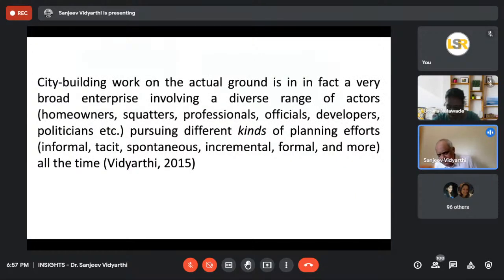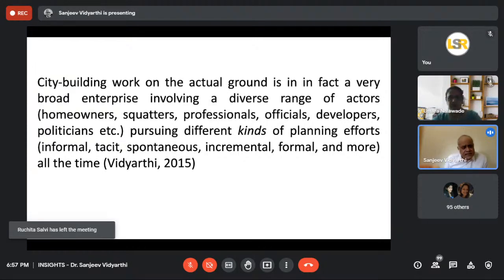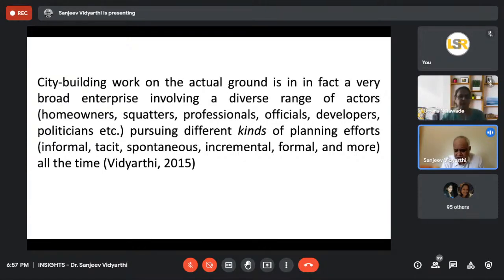So this kind of city building, ये जो होते हैं ना larger forces, ये architecture को shape करते हैं. And as architects, we need to be keeping an eye on these larger city and state and national and global level dimensions that change. Now, having said that, the city building work, when you pay attention to those, you realize that it's a very broad enterprise, which involves a diverse range of actors. बहुत सारे लोग, सब जने city building की खास बात ये है कि इसमें बहुत सारे लोग involved होते हैं.